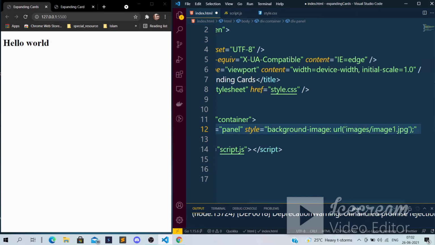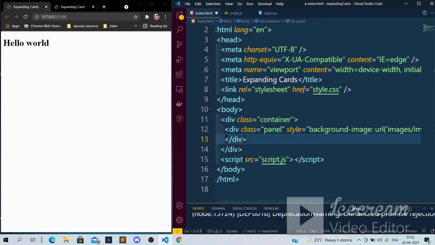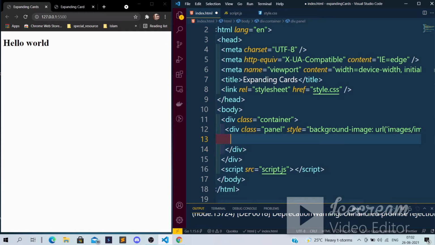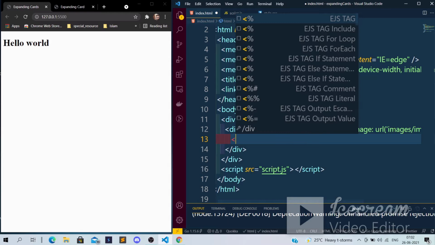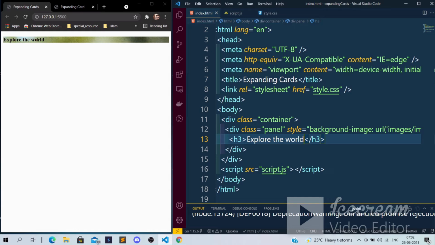After making this, I will give an h3 inside each image, and I will just give the text "Explore the world". If I save it, this image will come, and inside that we have the h3 text.